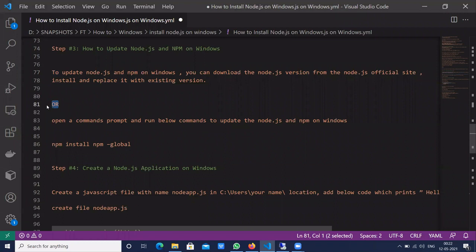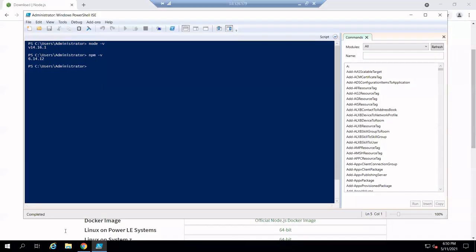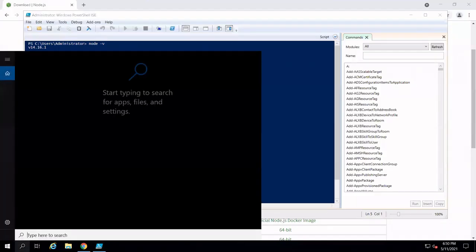So this is one method for updating your Node.js version. Or the second method is you have to open the command prompt and run the below command to update Node.js and npm on Windows. The command is npm install npm -global. So now I'm opening the command prompt.